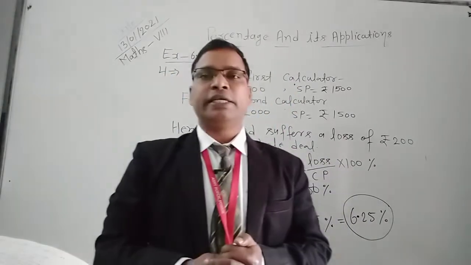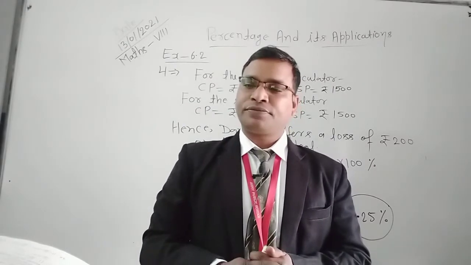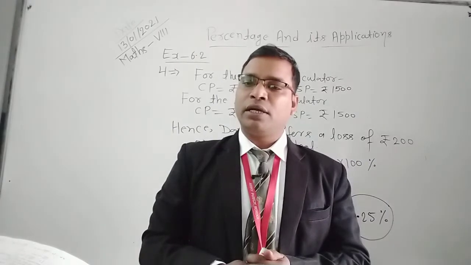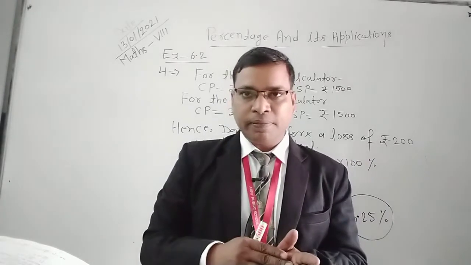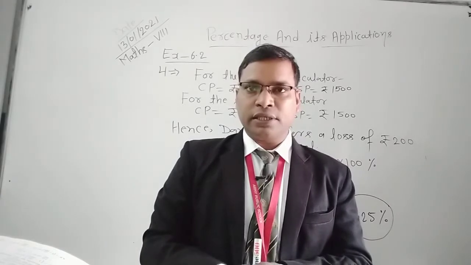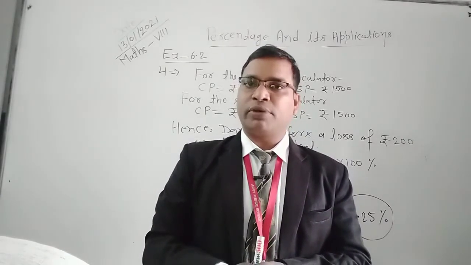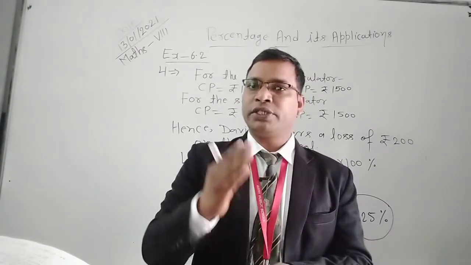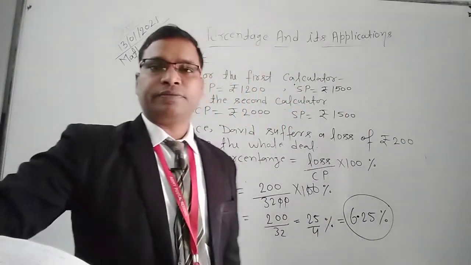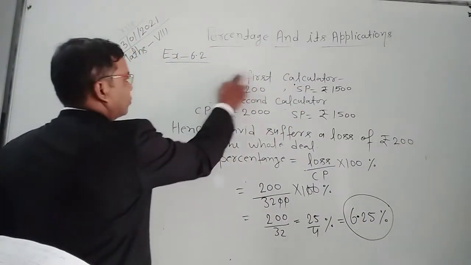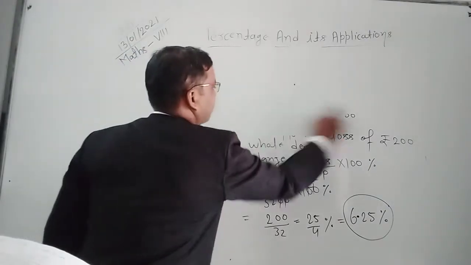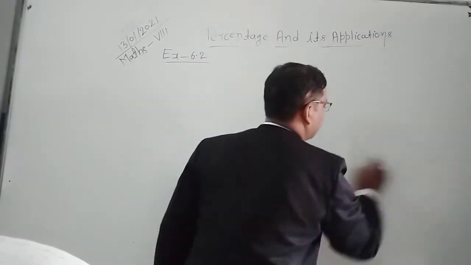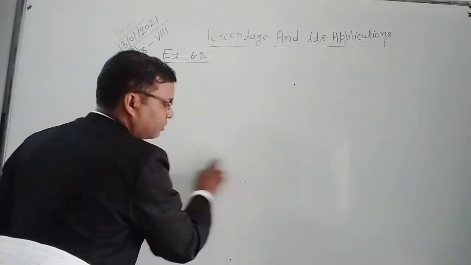Okay, this is clear. Now after this, find again profit 7.5 percentage, and if you add it to the cost price, then you find the new selling price when the shopkeeper earns profit 7.5 percentage. So let's see how to solve this question. Now this is question number 4, and now we are going to discuss question number 5.